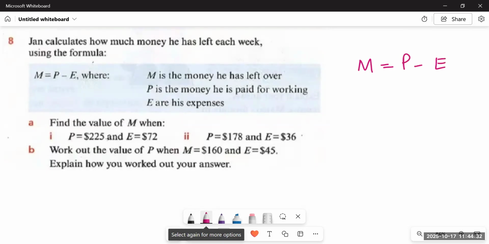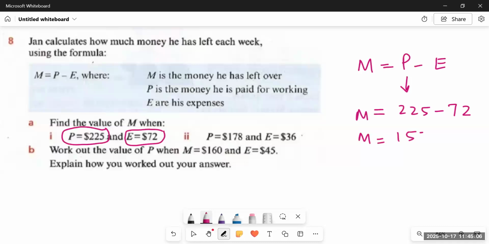Okay, we are provided with P as 225. So we can substitute P with 225. Here is a minus sign in between P and E. We'll put that. And then we have E is equal to 72. So we will write 72 over here. When we subtract these two values, because the formula says P minus E equals M, whatever value is of the P, we will simply subtract it with the value of E. So what are we supposed to get? We will get the value of M, which would be